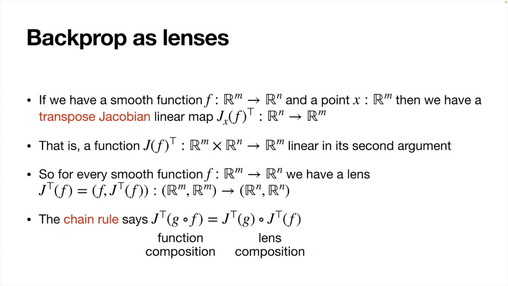Okay, so it turns out that ordinary backprop from neural networks and autodiff actually is an instance of this. I think I won't go very technical into this because this slide gets pretty technical. But if we have